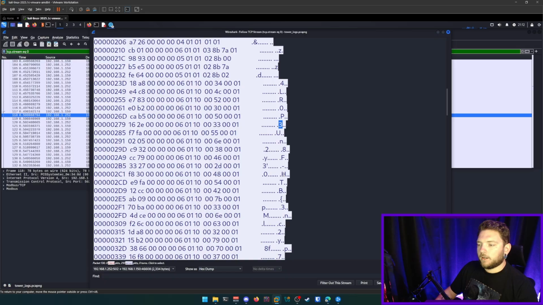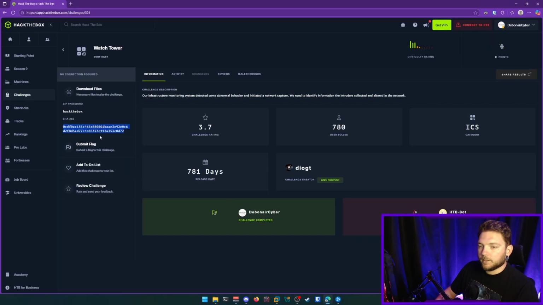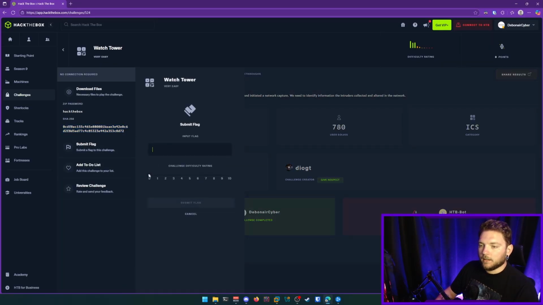And we pretty soon start to notice a familiar pattern if you're used to actually submitting flags in Hack The Box. And if you're not, what we can actually do is come over here to submit flag. We can just kind of change this so the button comes up and we just hit submit flag. We can see a particular